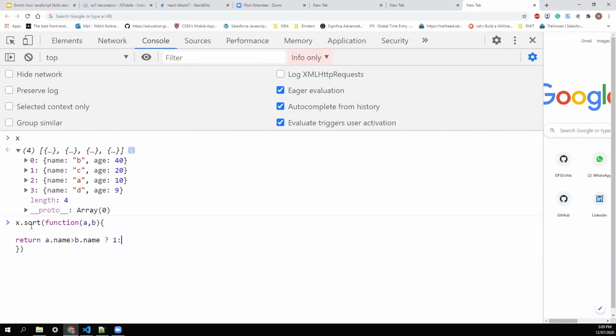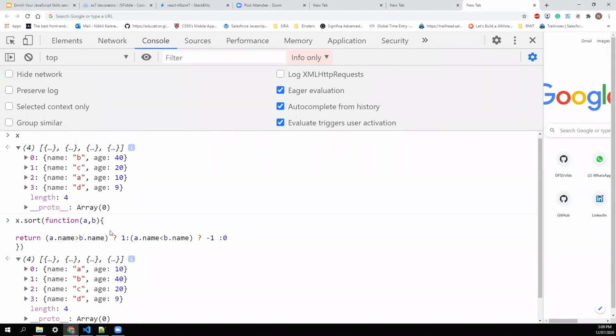Otherwise, this is a ternary operator that we already saw in the previous session when we talked about operators. So if this condition is satisfied, it returns 1. Otherwise, it will go to the other side of this colon and check another condition. So I'll put brackets here. Then it says if it's not satisfied, check if A dot name is less than B dot name. And again, if this condition is true, say yes, minus 1. Otherwise, it's 0.